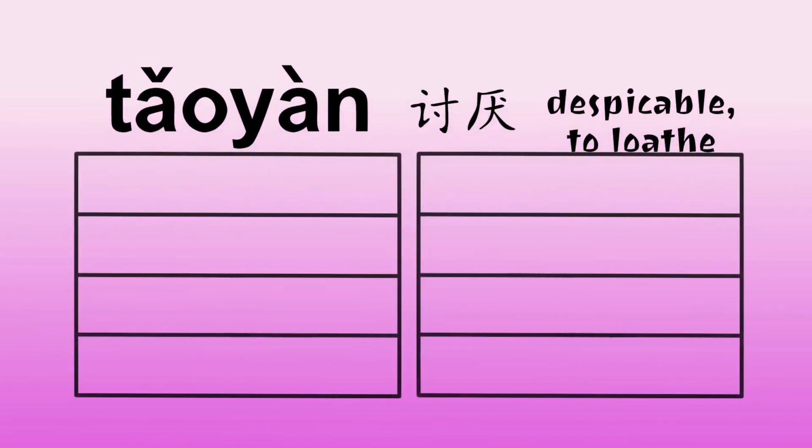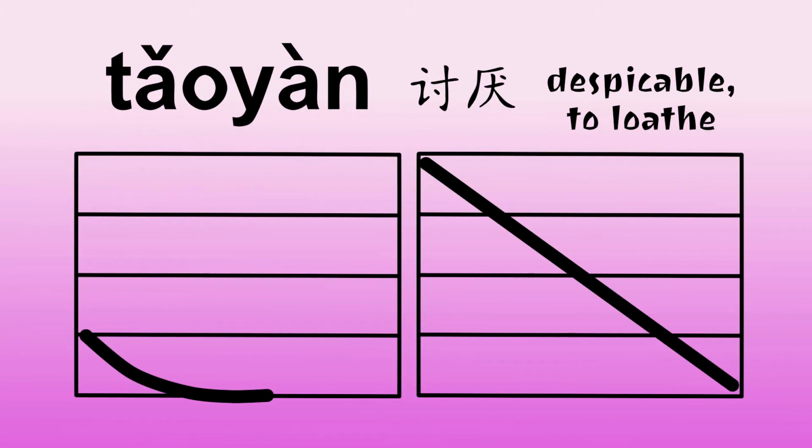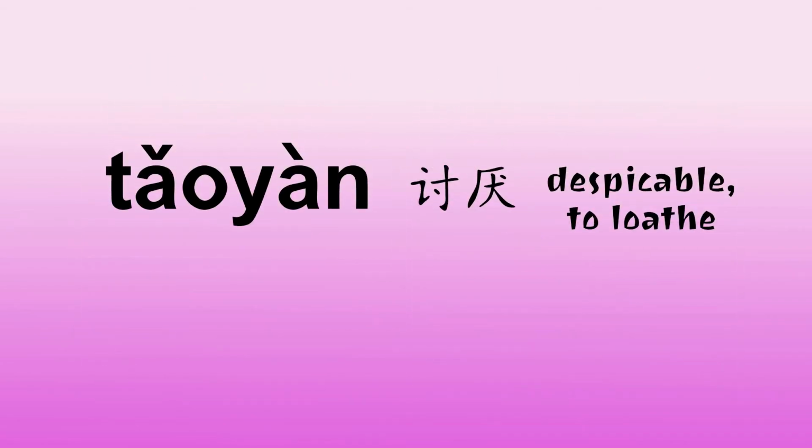The model word is 讨厌, meaning disgusting or to loathe. 讨厌，讨厌，讨厌。Now try voicing it. 讨厌，讨厌，讨厌。Here are more 3-4 combinations. 以后，可是，努力，网路。